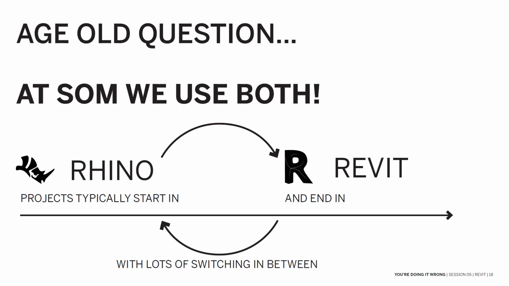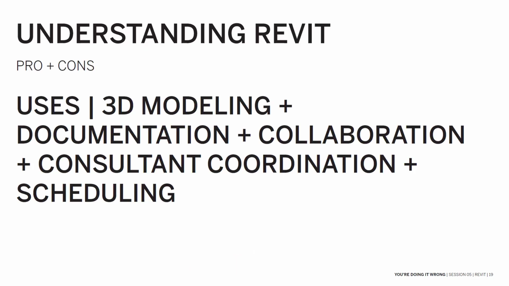And Revit, though, is an amazing documentation tool, which is why it's used a lot more in the later phases of the project when a lot more things are concrete in terms of the building shape, overall form. Then you're filling in with Revit geometry, but there's constantly flipping back and forth between them because we understand the strengths and weaknesses of each one, and that's why we use both constantly.